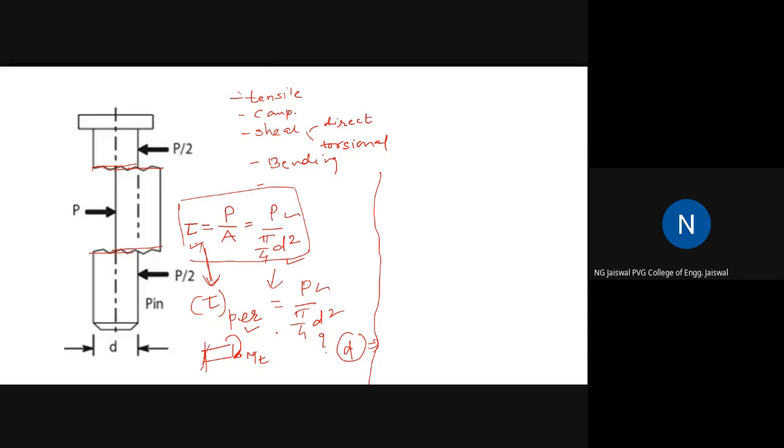This is the approach we should think of when we are solving some design problem. First and foremost, I am going very slowly, and no problem if I take much time to cover the first unit also, but we must first understand the requirement of the design. We must identify the type of stresses first. If you can understand the type of stress and write down the corresponding equation, believe me, half of your design process is done.